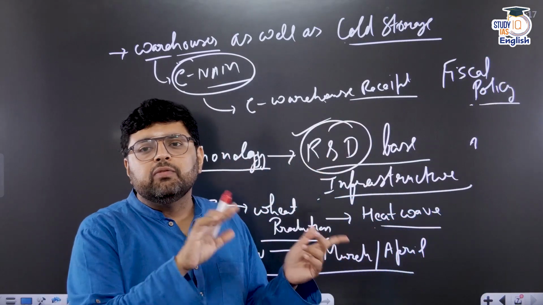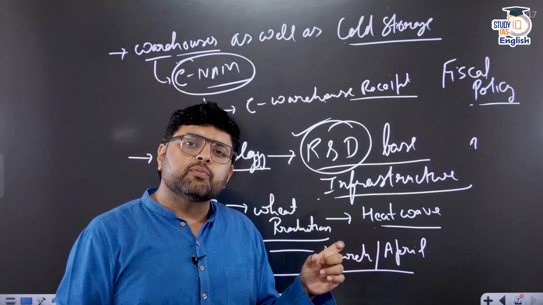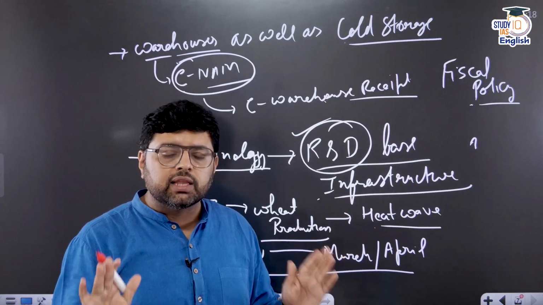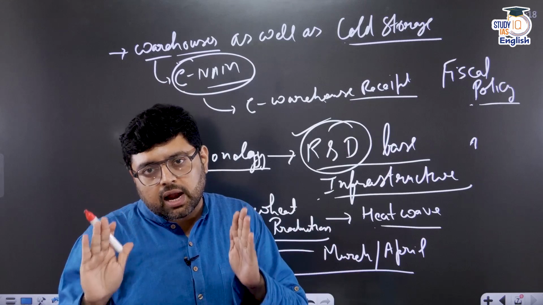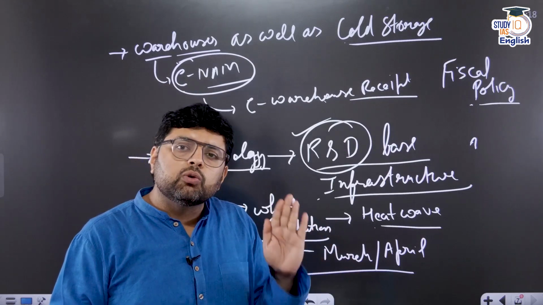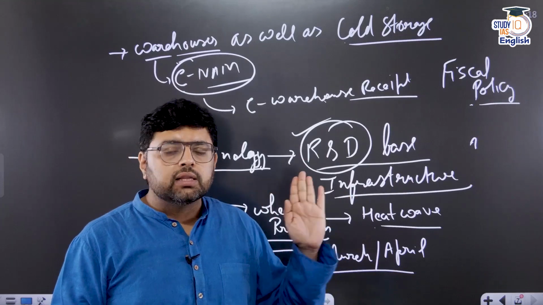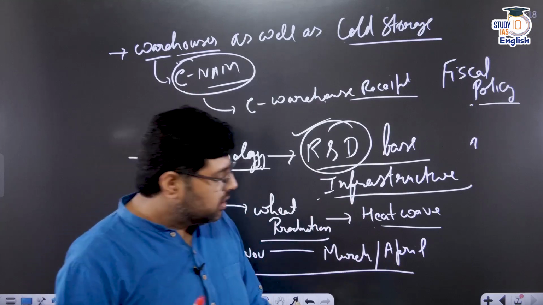Same in my previous video of cost push inflation, there also I said the same thing, that fiscal policy has a major role with respect to cost push inflation. So one thing is clear, that when it comes to cost push inflation and structural inflation, the major role is of fiscal policy. But when it comes to demand pull, the answer is monetary policy. So this is what you have to remember. Now moving further,